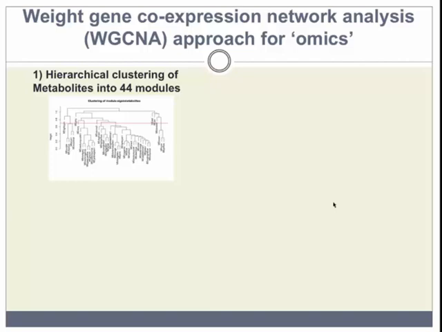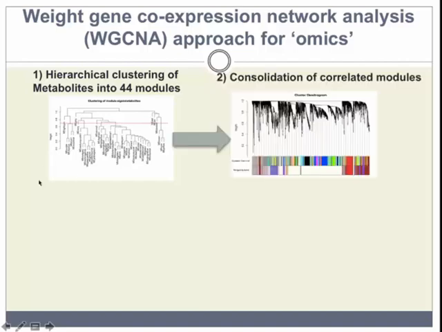Well, the specific network approach we use is something called weighted gene co-expression network analysis. The first step is we take, let's say in this case, all of the genetics, and we cluster them using just correlation coefficients. We can cluster groups of genes that are similar, and from this generation of clusters of similar genes, we can draw it pictorially like this and identify different groups, or what we will call modules, of genes. And we have these modules color-coded here.